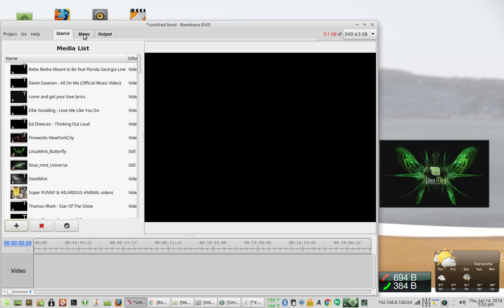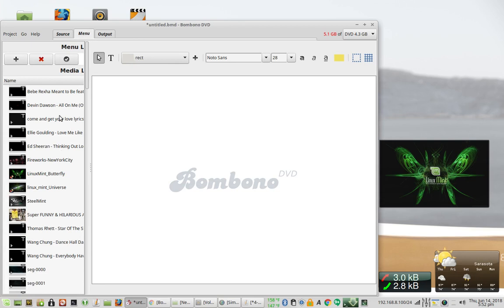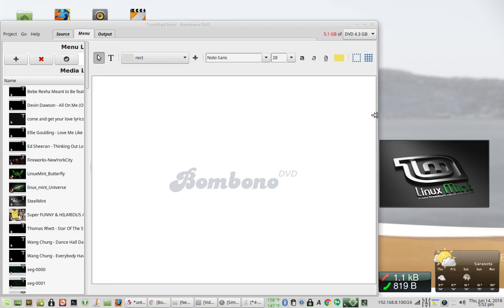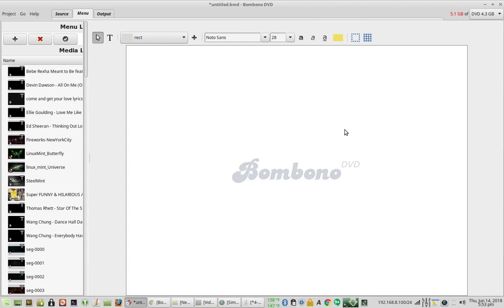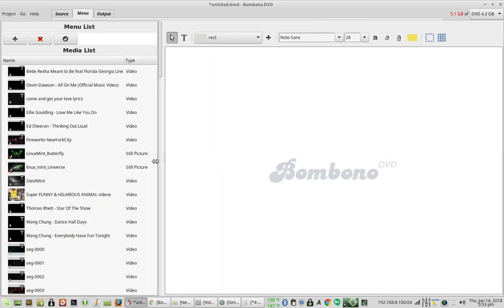Now I need to design a menu. So I click Menu. The first thing you want to do here is click the plus button to add a menu. Now you can adjust the size of this. It might be better for most people to make this full screen. All you gotta do is let your mouse drift over the edge. You can hit the plus button up here to make it full screen, if that helps. You can resize it, is basically what I'm saying. You can also resize certain portions. See? I can resize that,